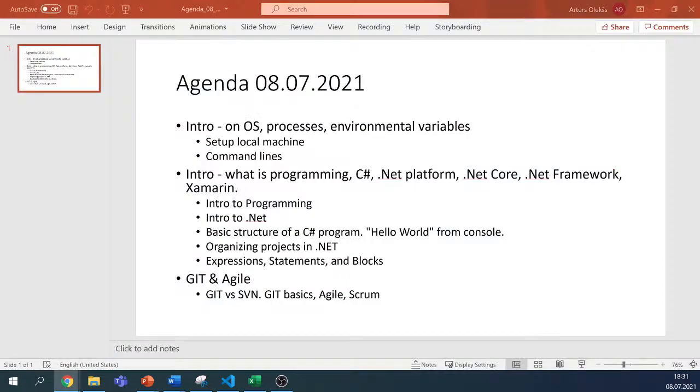So, as for the planning, we are at 16 now. So I guess, yeah, we can start. So hello everyone, welcome to today's session, and the plan for today is that, as you remember from the end of the previous session,